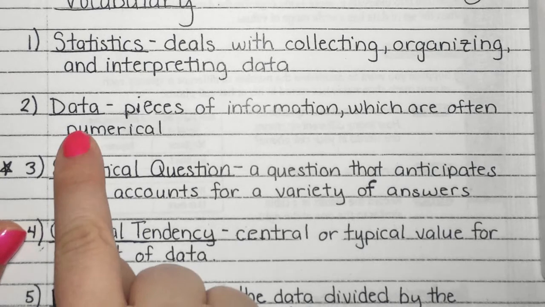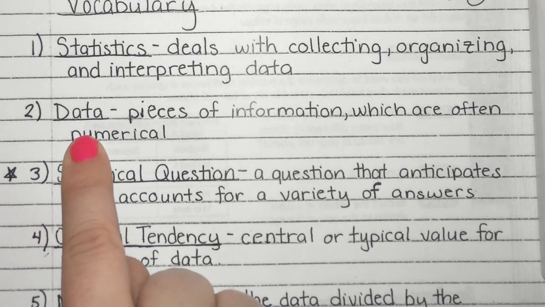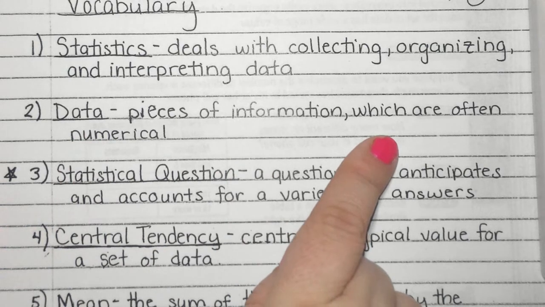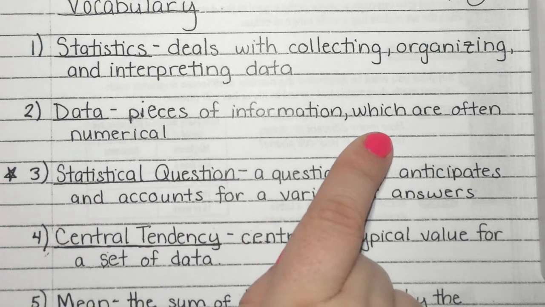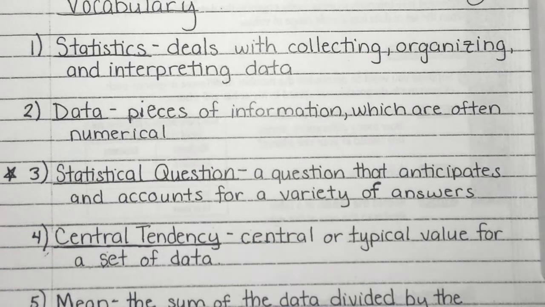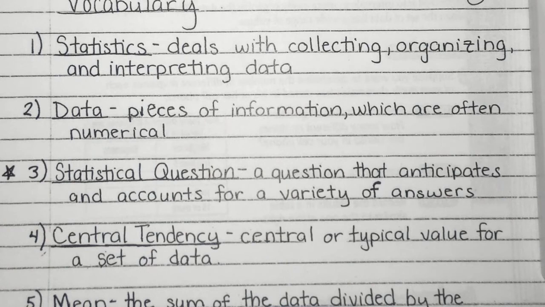When we're talking about data, it says data are pieces of information which are often numerical. Does it say always numerical? No. Now, you've got to admit, numbers are going to help if we're doing math, aren't they? All right? But just because your answer isn't a number doesn't mean you can't find a number to go with it. All right? So, for example,